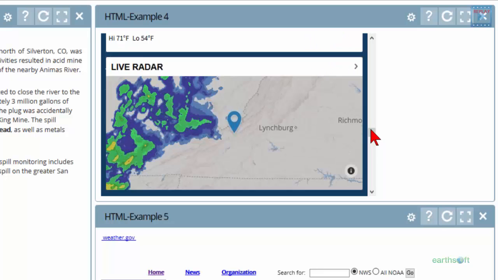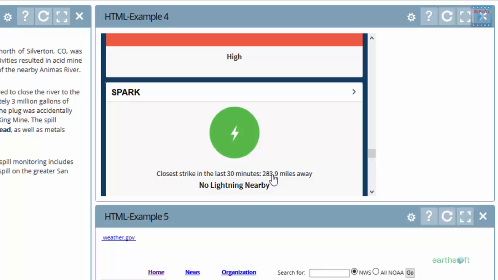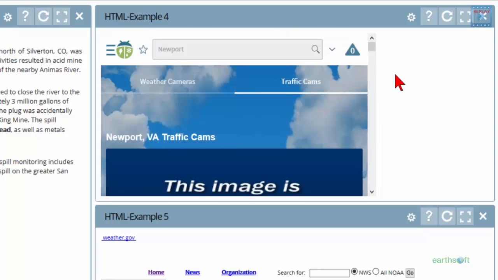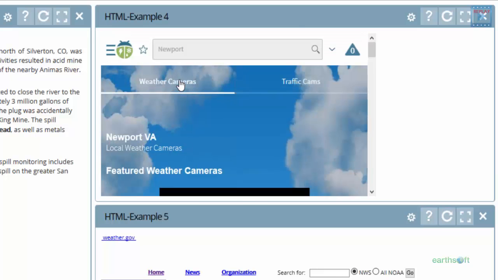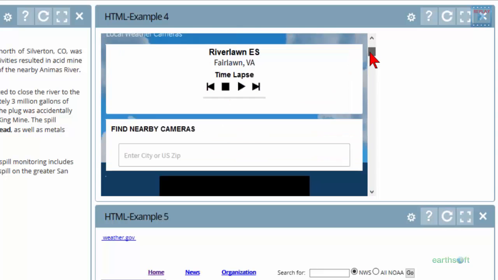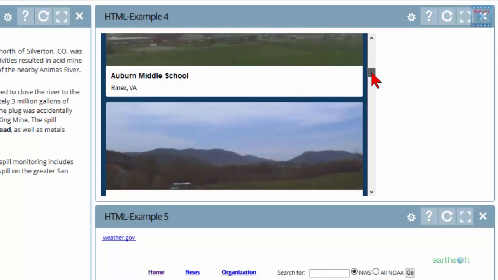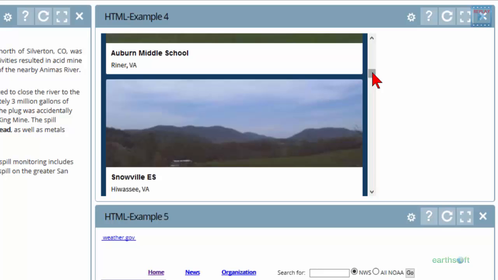Looks like we're going to have some rain here in the not too distant future. And the pollen count, and it looks like the closest lightning, in case you're interested in that, is some 280 miles away from me at this point. Close your eyes real quick as I scroll up quickly to the other side of this, which has weather cams. Most of these are not real interesting right off the bat. Some of these are some of the high schools and middle schools in the area. I don't know how this is coming across to